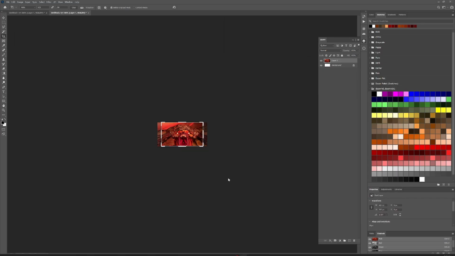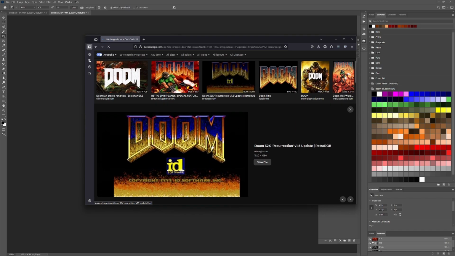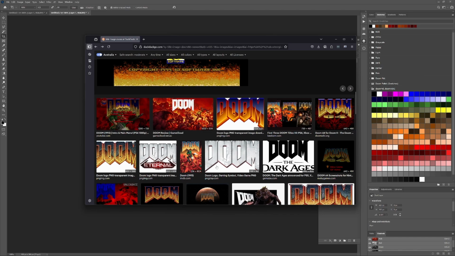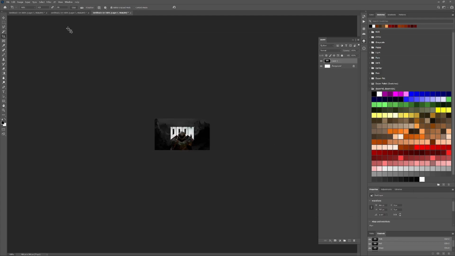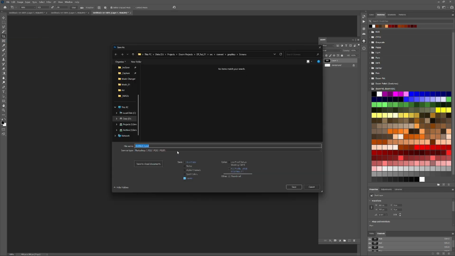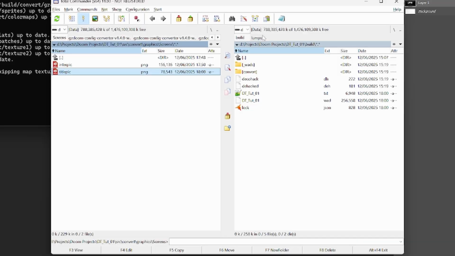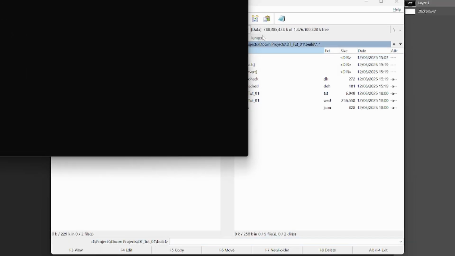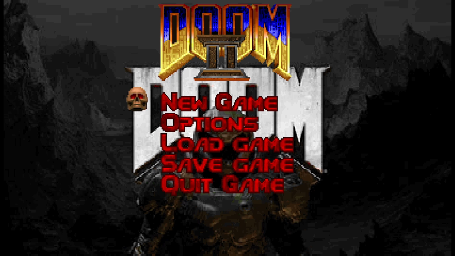And say we don't like that image. Say, you know what, I don't like that title image. Why don't I just use something else? Why don't I just use good old-fashioned Doom image? How about this one? Why not? See if this one works better. Okay, it's about the right size. And so forth. The point is, because we're not editing in Slade